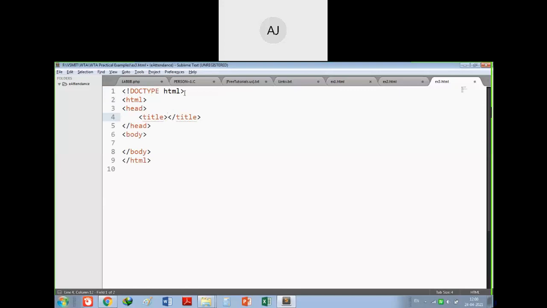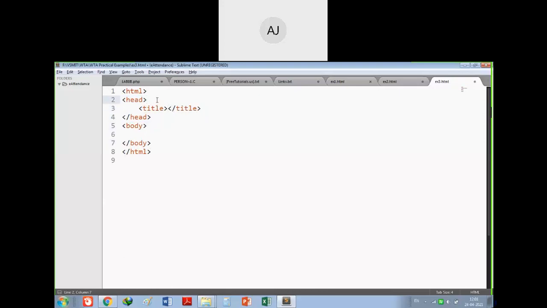Okay, so the title and document type are given. If you want to avoid confusion, you can just remove this HTML. Then the head section is one part and the body section is another part. Only two important parts will be there in this HTML. Now what is the head part? Head means my brain, eyes and all. So this is my head part. In this I will put some things.